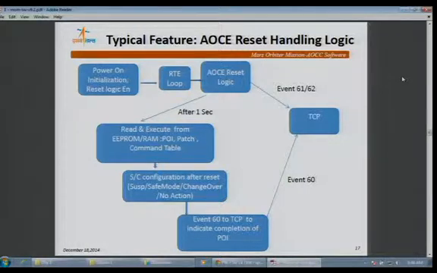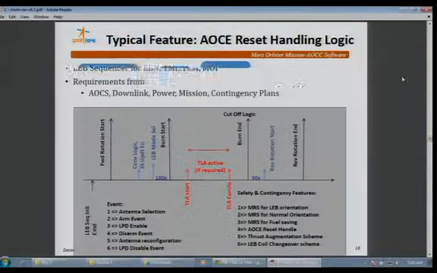So always, in case of reset, the AOC sends an event based on the configuration of the AOC which is selected, or the non-selected one has got reset. Based on the configuration, the TCP system will decide to continue with the same system or a different system, and there is also a provision to acknowledge that the reset activity is completed. Such things have been elaborately designed to ensure that in the cruise phase we don't end up in any issue in the AOCC system. Next slide, please.